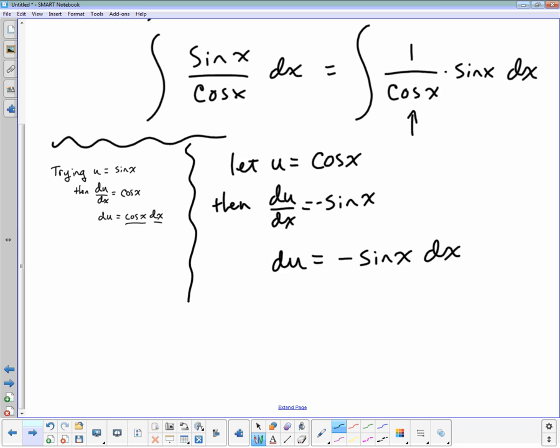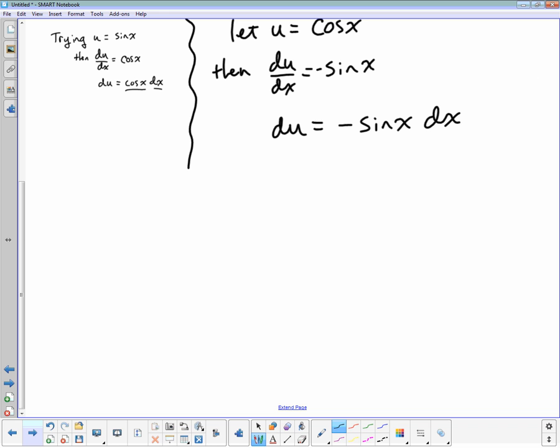And in this case, the form of my 1 is going to be -1 over -1. So doing all of my substitutions,